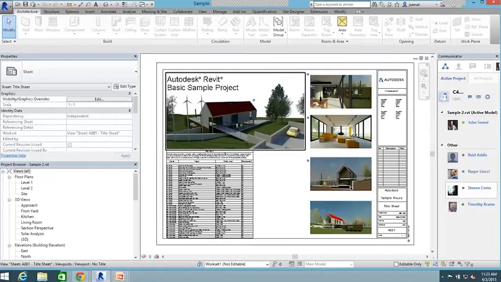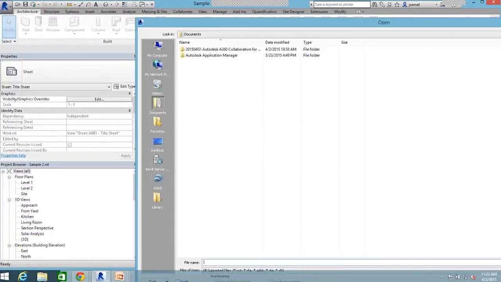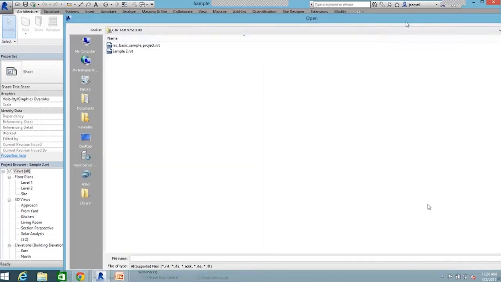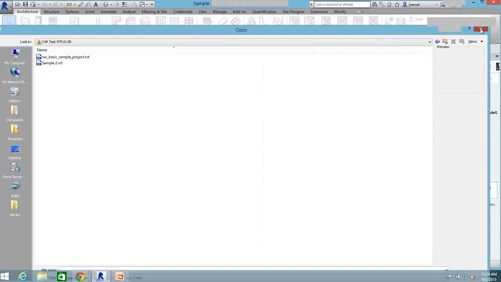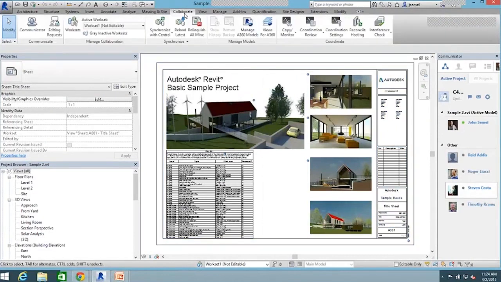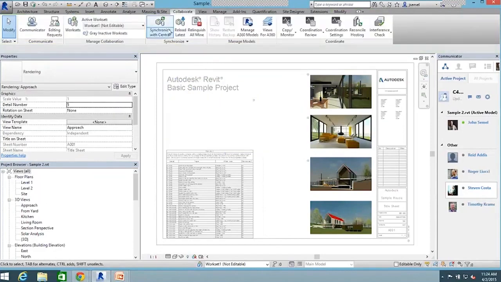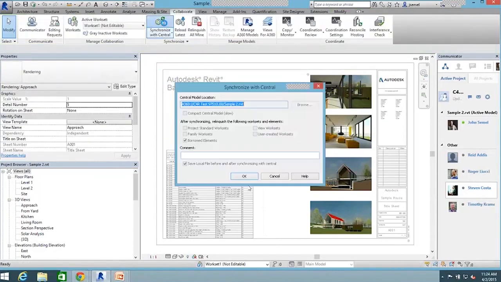So here we are in Revit. And actually, I'll just show you this real quick. In order to open a model, you just go to A360. And here are our models. So to publish, you have to go to the Collaborate tab. And actually, you know what, let's make a little change here. And we'll do a synchronize with central so you can see